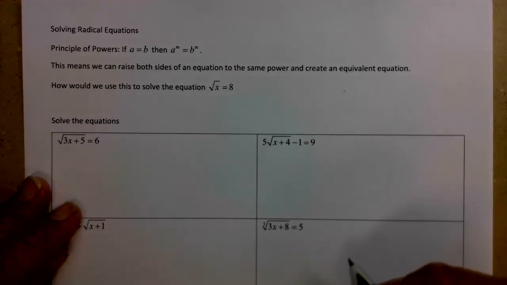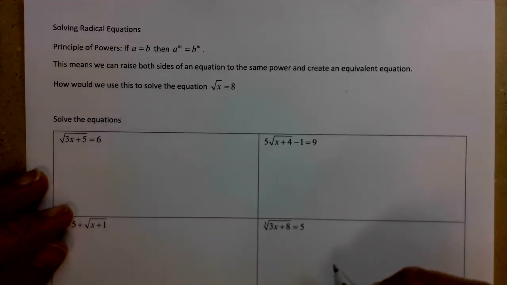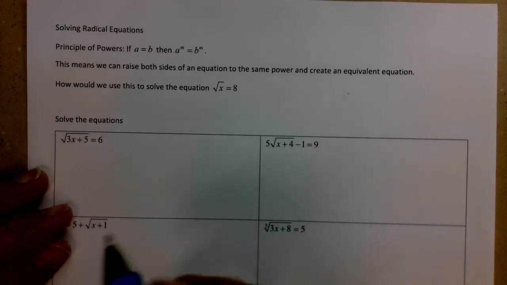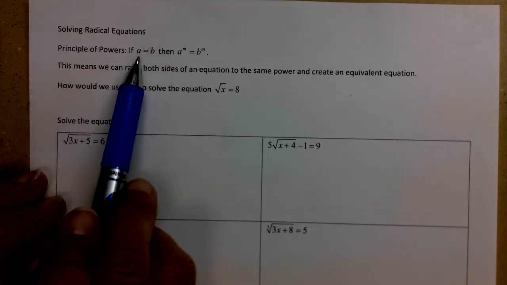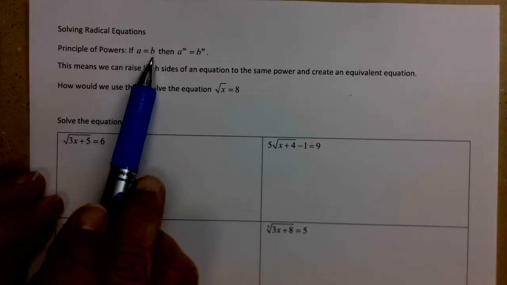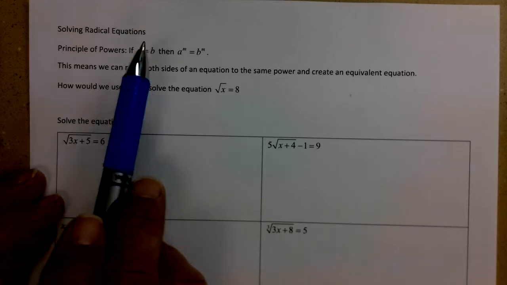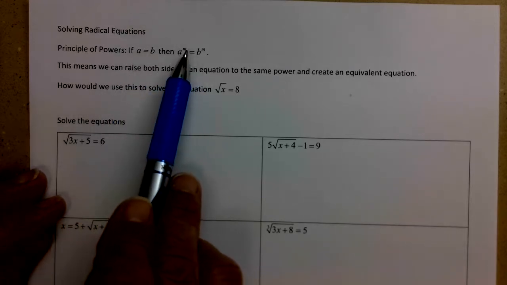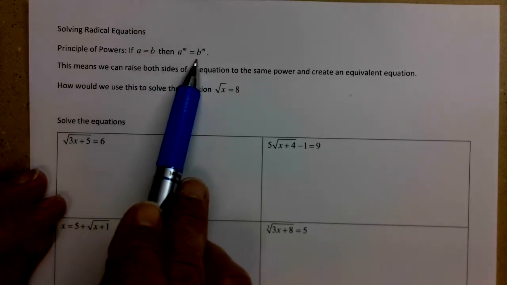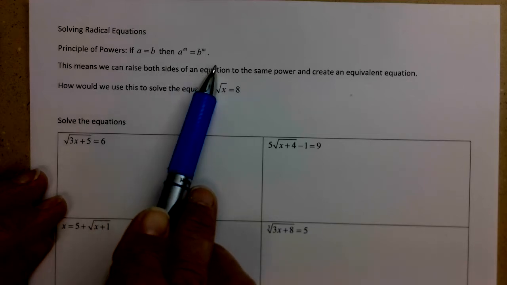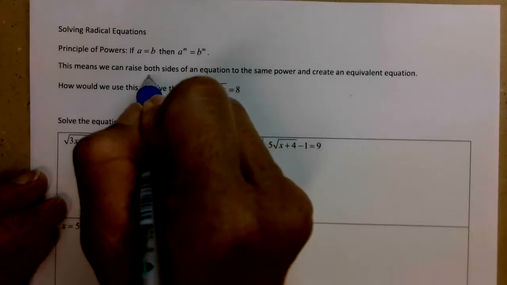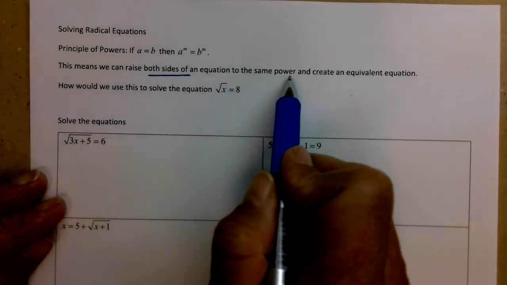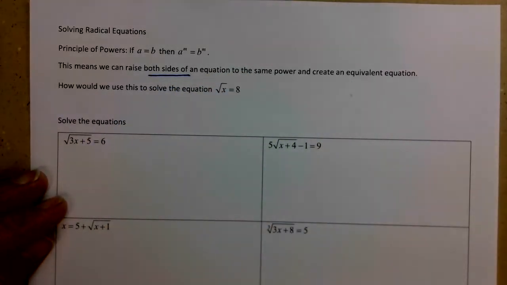So if you've practiced manipulating your radical expressions, now we're going to start solving radical equations. So we're going to use this principle of powers. If we start with the equation A equals B, so I have two things that are the same, then if I raise both sides to the same power, that's an equivalent equation. Okay? So we can raise both sides of an equation to the same power and create an equivalent